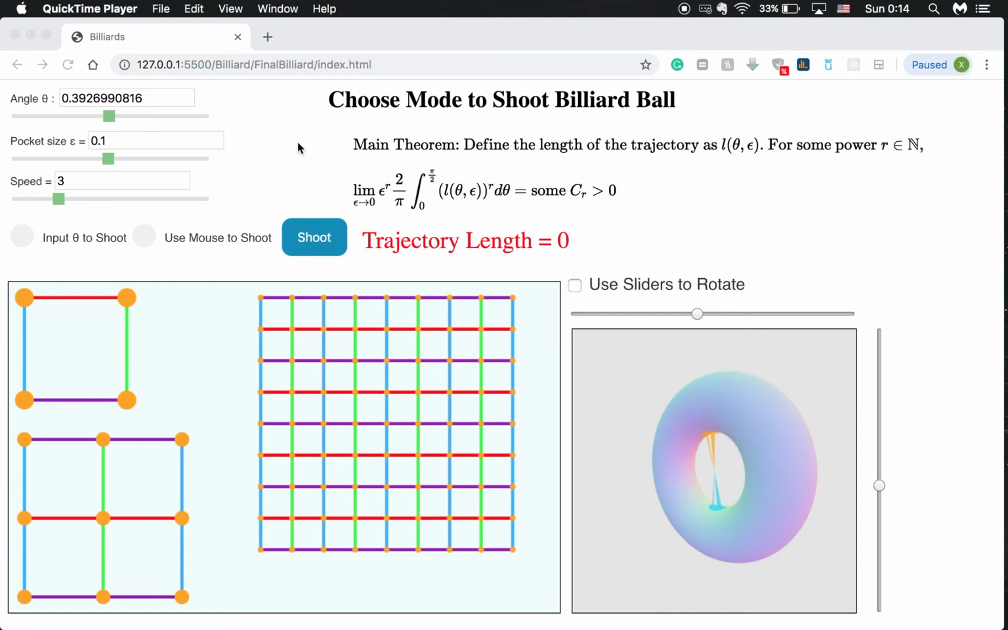Hi, my name is Xiaoming Li, and this is the demonstration for the computer visualization of the billiard problem. The billiard problem is studied in analytic number theory, and there is a paper by Professor Florin Boca and Professor Alexandru Zaharescu. They have studied the average length of the trajectory of the tiny ball or tiny particle running on